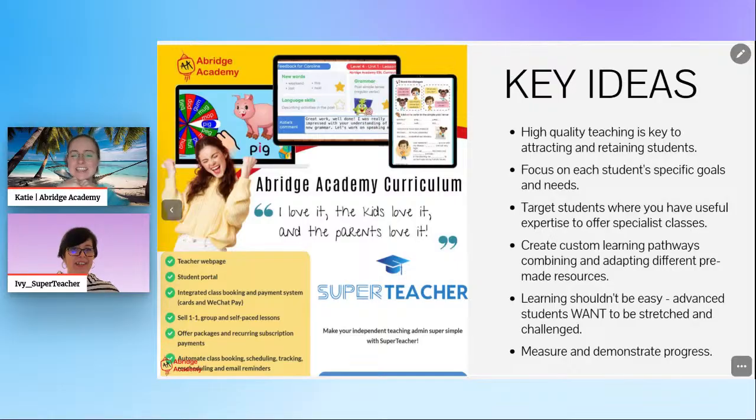I love that. I think that's the key thing: good quality teaching is what's going to help you in the longer term. I think attracting and retaining students, and good quality teaching, requires customizing and adapting your lessons. This applies not just to advanced students. I know we're talking a lot today about advanced students being the focus, but it also applies to teaching beginners as well. As an independent teacher, what makes it so unique, we talked before about why parents want independent teachers, is that flexibility and that customized learning that they're going to get, and being comfortable adapting how you teach around the students in that way.